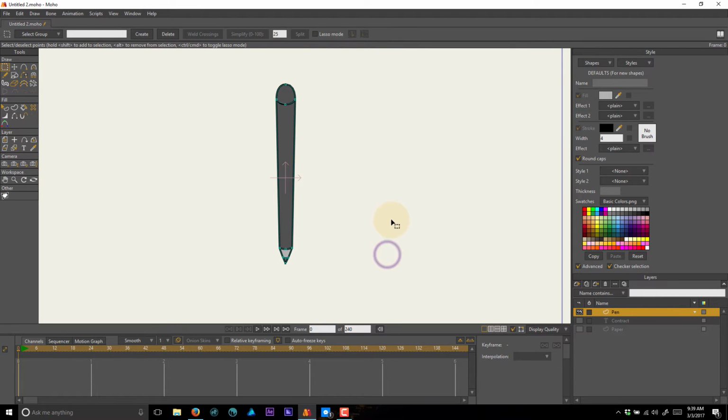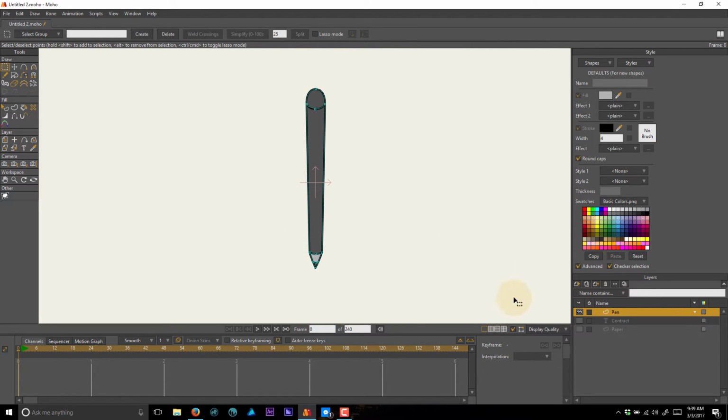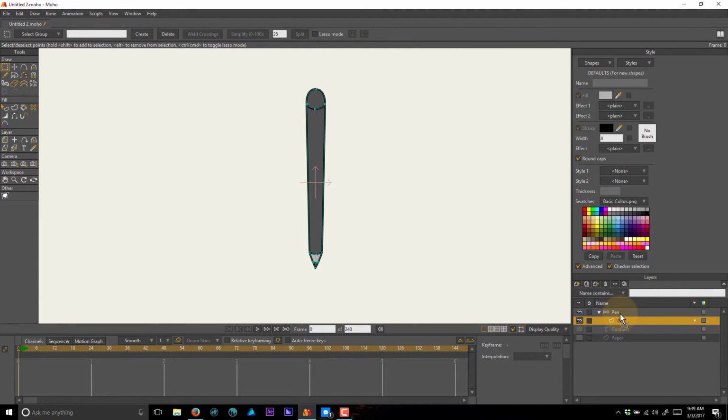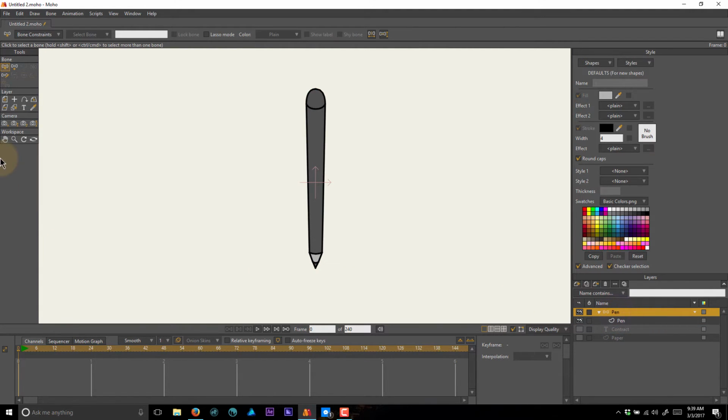Okay, that looks great. So we have our pen layer drawn, and now what we're going to do is add a bone layer, and we can call this pen as well, and we're going to drag the pen artwork into that bone layer. Now for the bone,